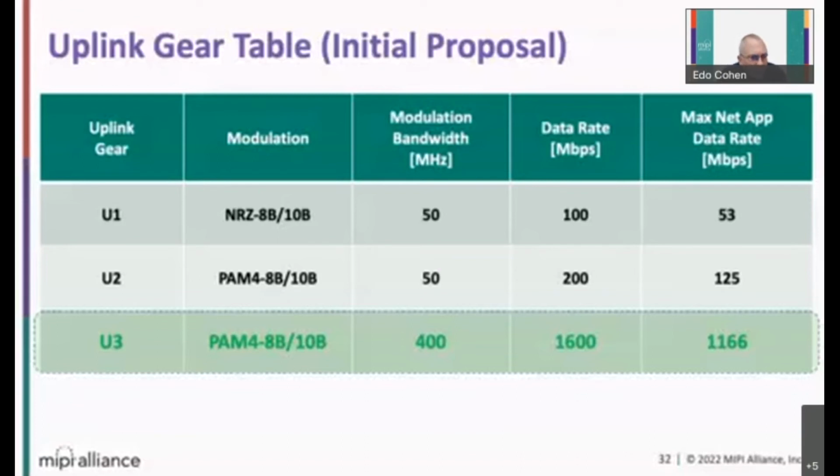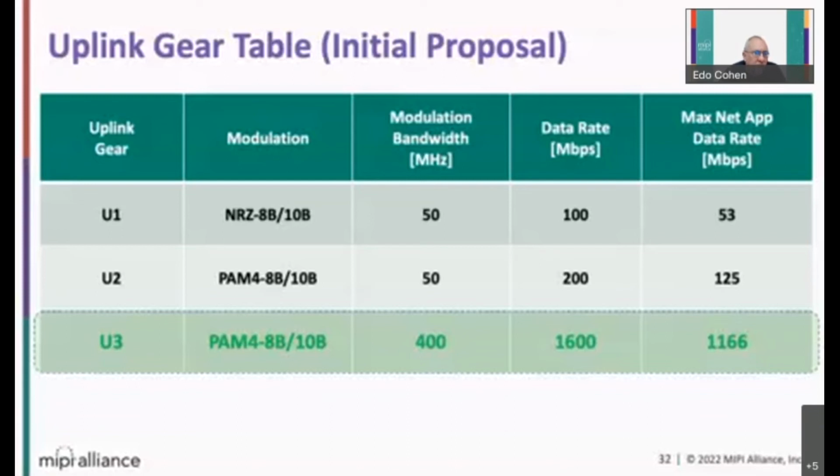Here we can see the migration between the different gears of the uplink, where in order to maintain simplicity, backward compatibility and the ability to evolve the system with minimal